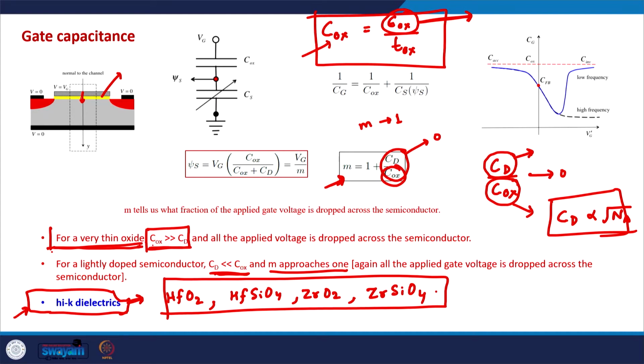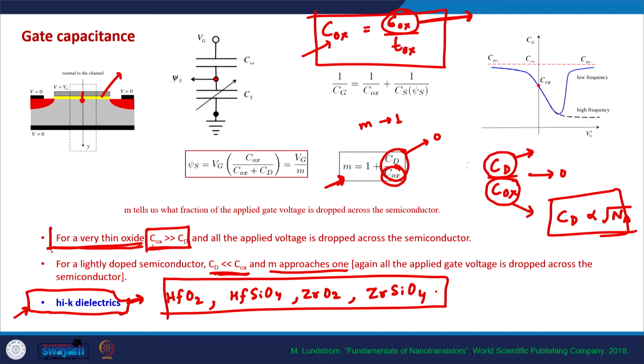And as we just discussed, we cannot make oxide arbitrarily thin, because that would lead to an increase in the tunneling current, tunneling from the gate to the semiconductor. So the other way, in order to have high oxide capacitance, is that we use high K dielectric materials in smaller MOSFETs. Okay. So we will come back to this point again, but this essentially concludes our discussion of the conventional